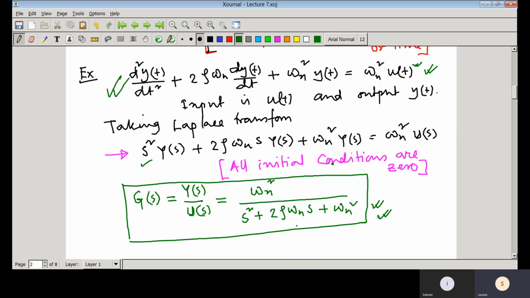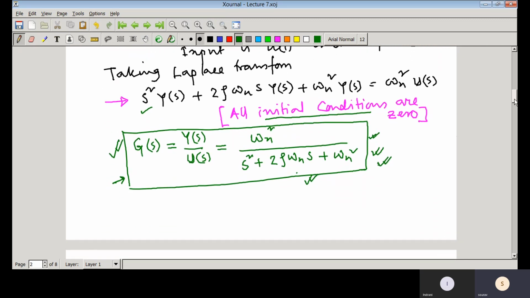So what is the difference between this particular form and this particular form? In the transfer function form, we cannot capture the initial conditions of that system. But in the case of a differential equation, whenever you solve it, you need the information of initial conditions, and in this representation you can capture that information. But in the case of the transfer function, you are losing that information. So this is one simple example of a transfer function.